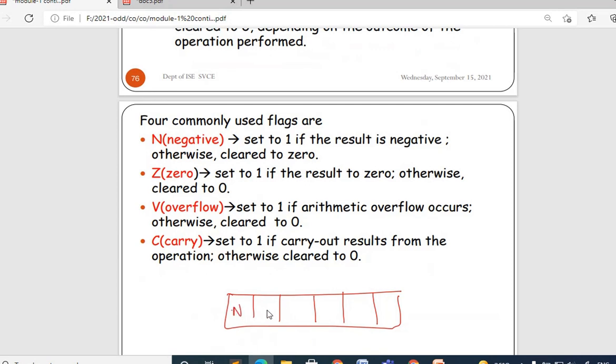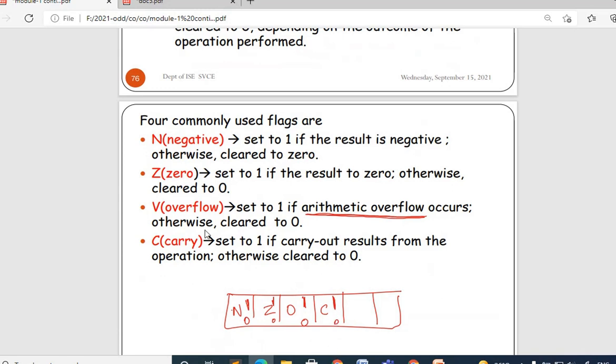Consider there are flags called N, Z, overflow, and carry. We will discuss what overflow is. If the result of the operation is negative, the N flag is set to 1, otherwise it is 0. Similarly, if the result of the operation is 0, the Z flag is set to 1, otherwise it is 0. Overflow: you will learn shortly what arithmetic overflow is. If there is an arithmetic overflow after the operation, it is set to 1, otherwise it is cleared to 0. When performing an arithmetic operation, if any carry is generated, the carry flag is set to 1, otherwise it is 0.